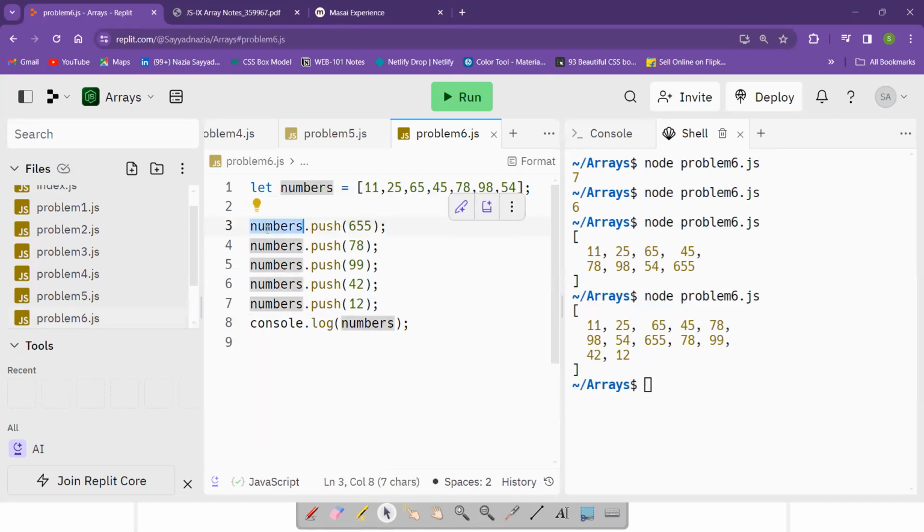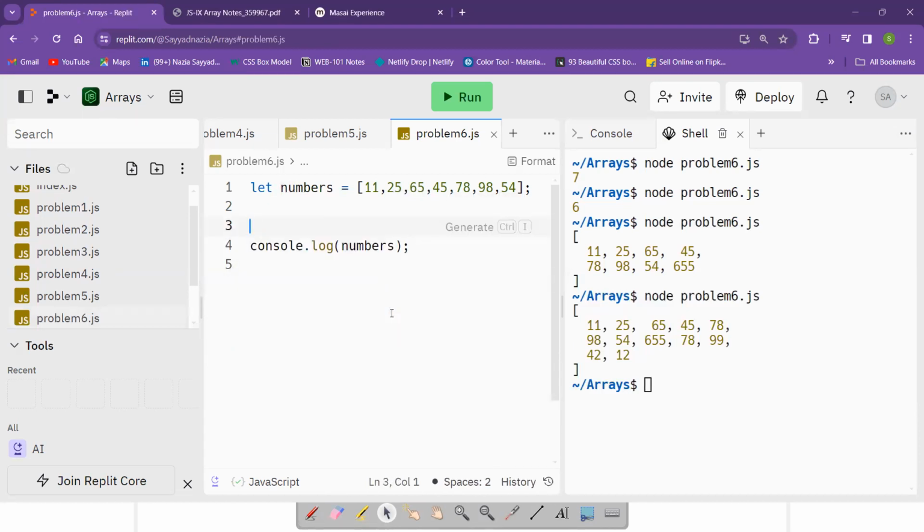What will we use? We will use a loop for that, because a loop makes our work very easy, right? We already have seen that. So we want to add